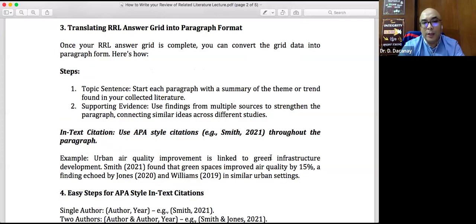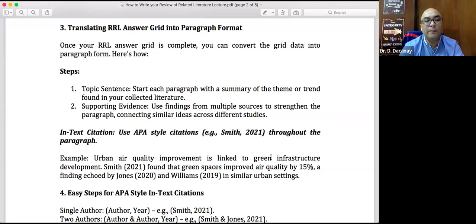Example: urban air quality improvement is linked to green infrastructure development. According to Smith in 2021, green spaces improve air quality by 50%, a finding echoed by Jones in 2020 and Williams in 2019 in similar urban settings. So you see here 3 authors used for citation,